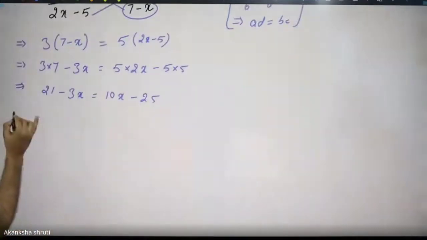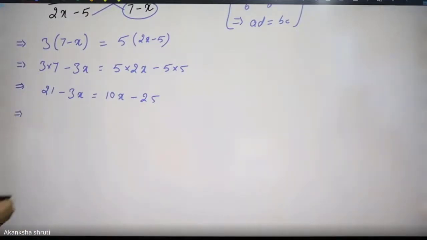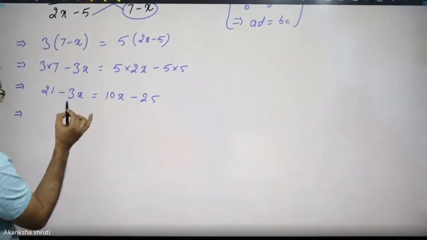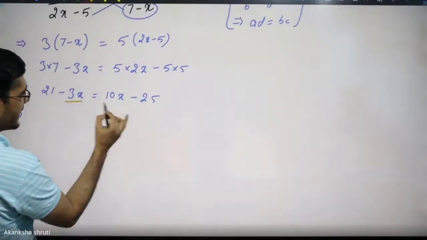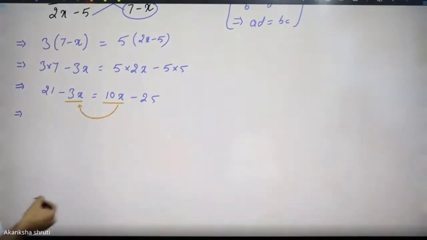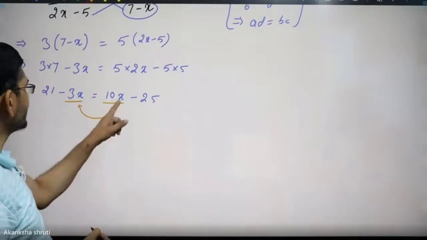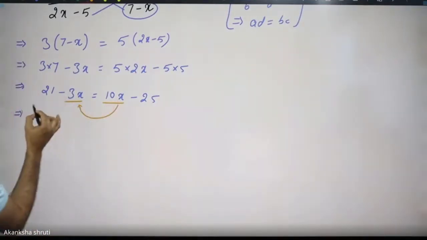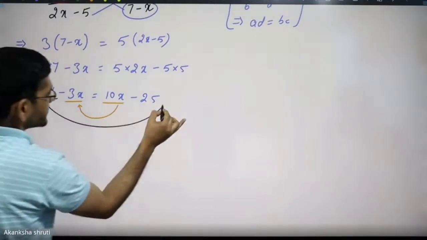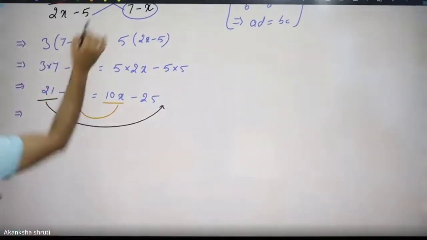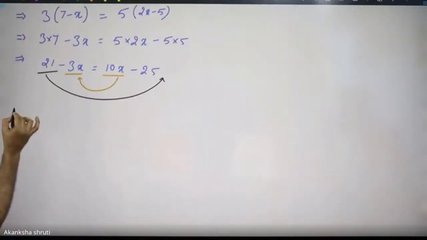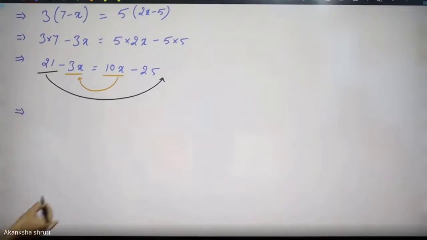Now, a student, we have to bring the variable on the left hand side and the constant on the right hand side. Means the variable minus 3x is here and 10x is here. So bring it on the left hand side. If on both sides variables are there, bring the variable on the left hand side. That is preferable. And this 21 has to be brought on the right hand side. So these two things we will do in the same step. Otherwise, you may do separately, but put the habit of doing in the same step.